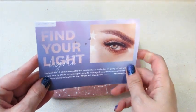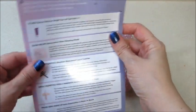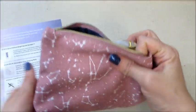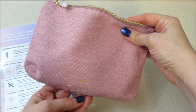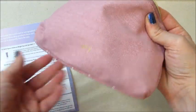And inside we do have cards now that show the products, which I love. But they added that. And then the back of the bag's just plain. It says Ipsy at the bottom. So super cute. Just need to cut that off, but